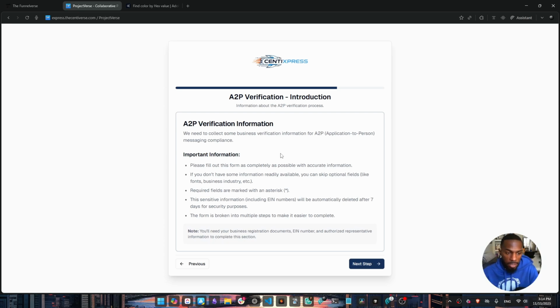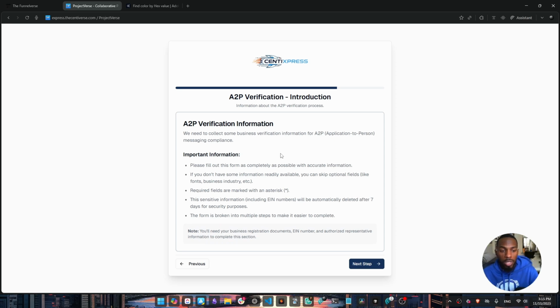Now, A2P verification, it talks about this here. This is basically so you can get a local phone number. So a local phone number, if you want to have a 281-713-936, or whatever the area codes are in your city. If you want to have one of those, you have to go through A2P. Sometimes you can get a 1-800 number without doing it, but we need it in order for us to get